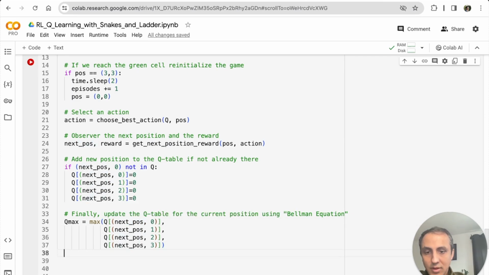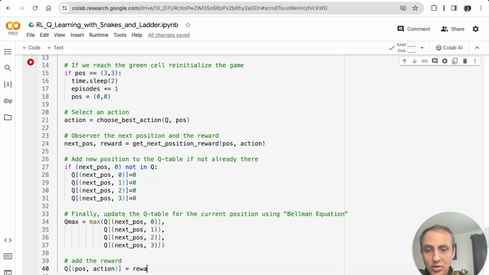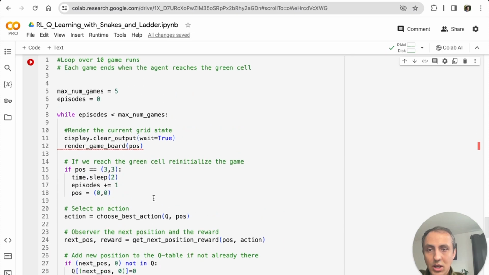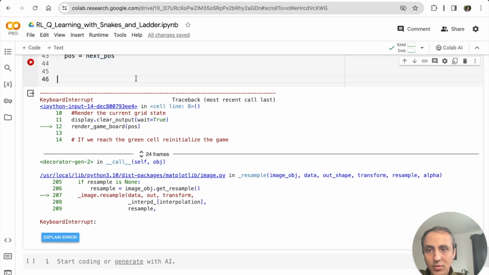All right, awesome. And then finally, what we need to do is add the current reward. So that's the current reward that we got from taking that action, plus the max value of Q for the next position. And then what we're going to do is update to the next position. That's it. So this is our Q-learning algorithm. I'm going to show you what the Q value